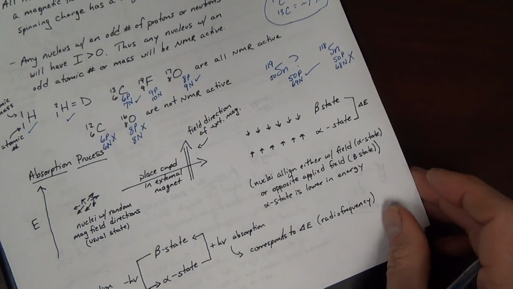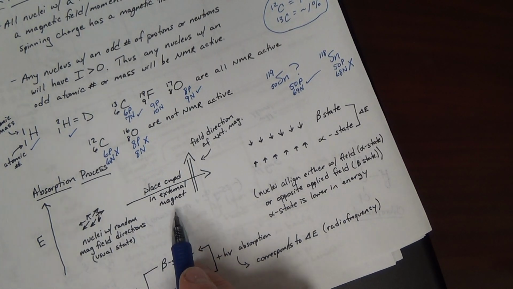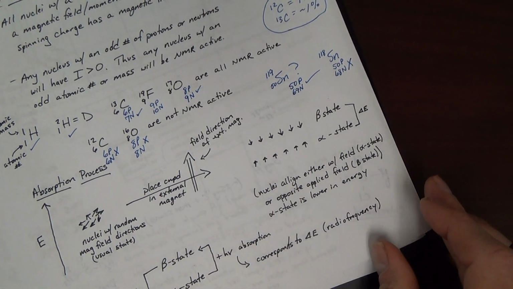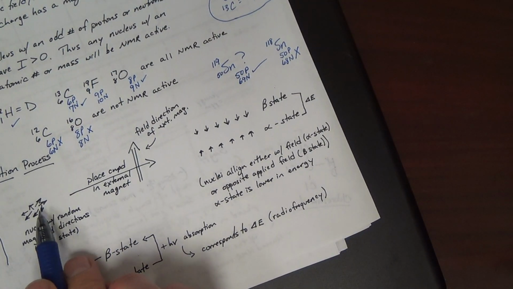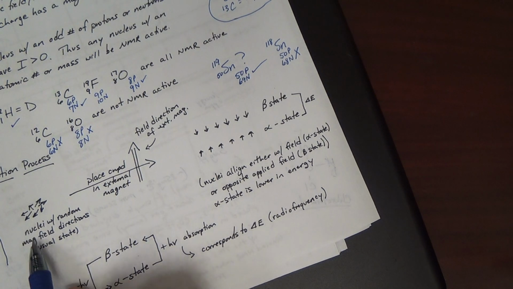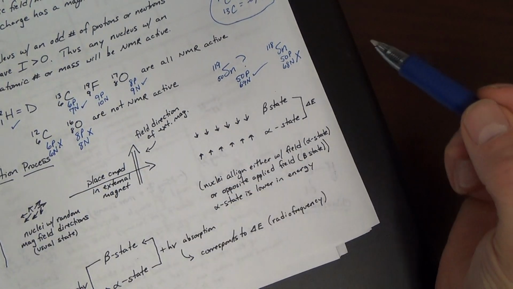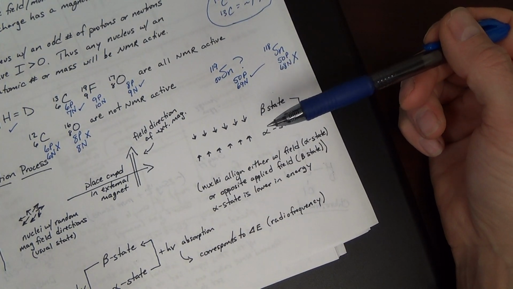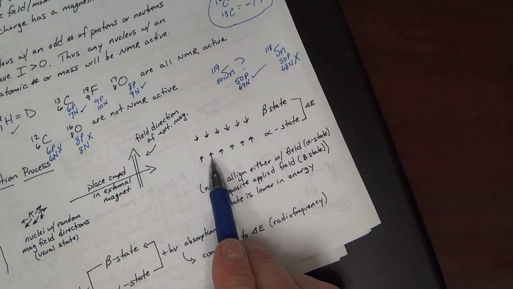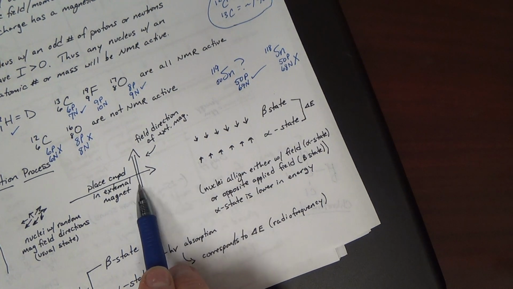But if you place this compound, these nuclei, in an external magnet, something very interesting will happen. It turns out that the nuclei, the direction of the magnetic moments, will line up in two different ways. They will line up either with the external field, in the same direction as the external field,